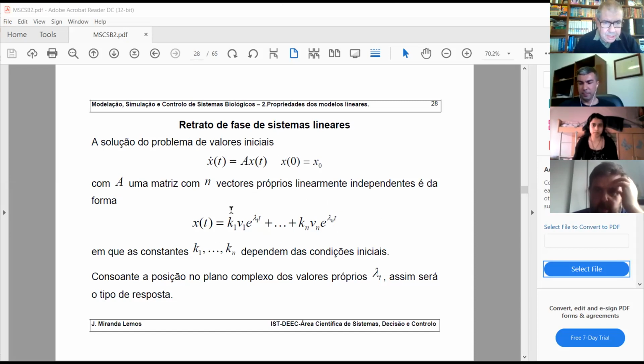Each term is made of a coefficient that depends on the initial conditions, then the exponential of an eigenvalue times time, and the corresponding eigenvector. So you multiply these things; k1 and the exponential are scalar, so you can do it in any order, and then you have this factor. And each of these terms is a mode, because